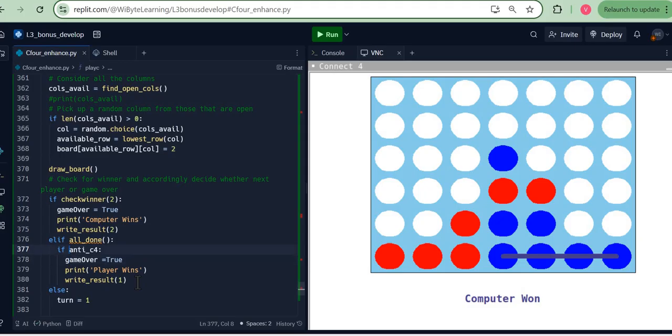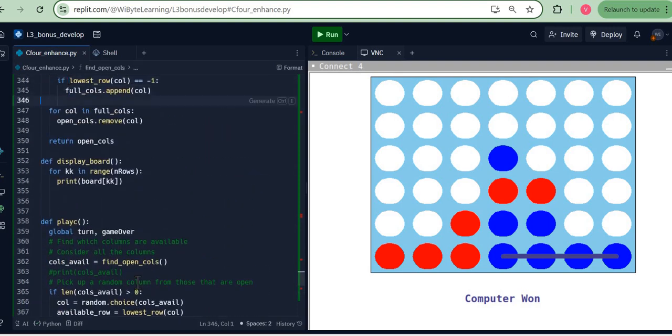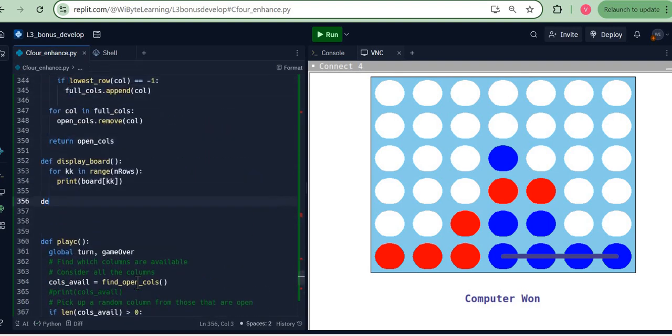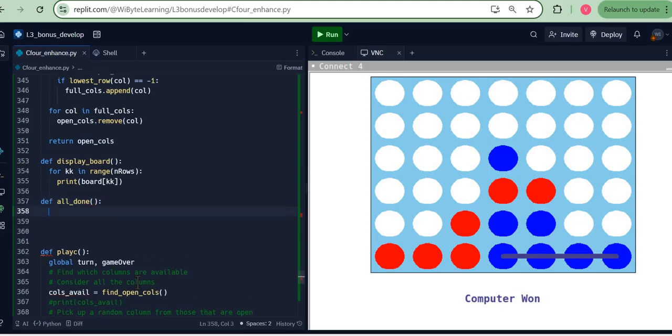Now, all we need to do is to define this function all done. This is not hard at all. So I just do it here. Let's say I just go and say def all done. Now, the idea behind this function is, is the board completely occupied? And how do we know if the board is completely occupied? Well, remember, if the board is completely occupied, there'll be no zeros on the list called board